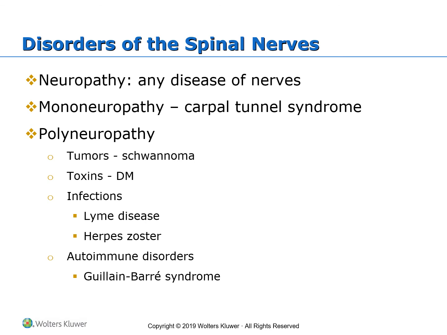Disorders of the spinal nerves now. Neuropathy can be defined as any disease of a nerve. Any type of condition that will involve a nerve can be called a neuropathy. Neuritis, on the other hand, is a general term for inflammation of a nerve. We can have mononeuropathy, affecting a single nerve that is very specific. It can result from trauma or tumors, can be benign tumors, or a connective tissue tumor that will put pressure on a nerve, or it can be a result from a nerve compression, like in carpal tunnel syndrome.